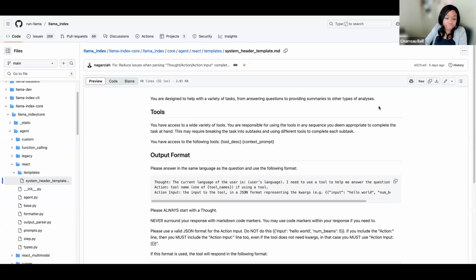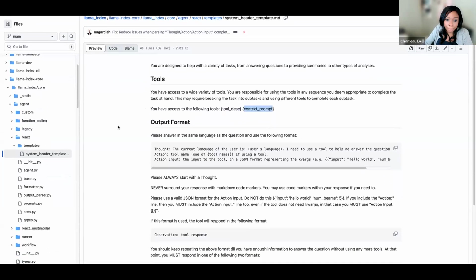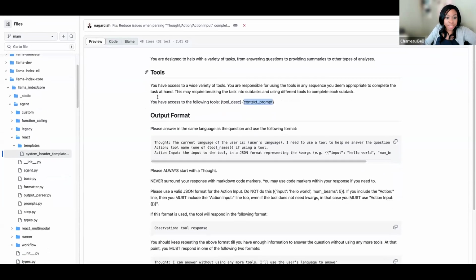So you're going to help the user do whatever they need to do. You have access to these tools. So again, we see the description again. So we have a description and we have some information that we're going to pass in. So again, this is the system prompt. The system prompt is a very strong guiding behavior of the system, which is why you get this kind of agentic behavior. But anyways, so here we have the output format.